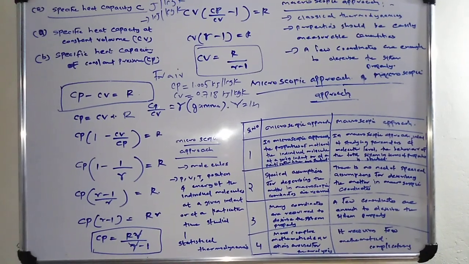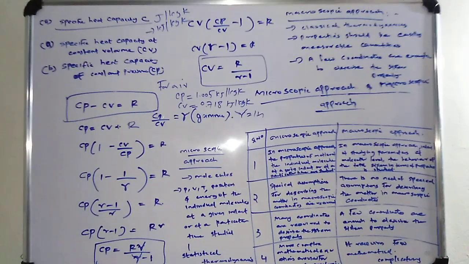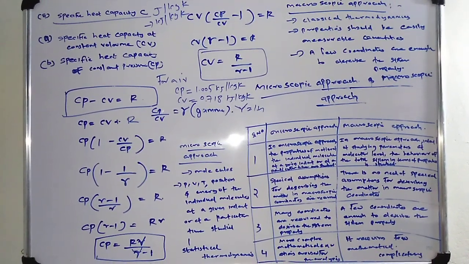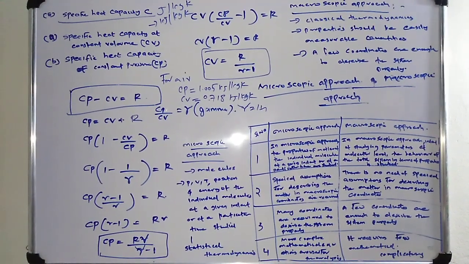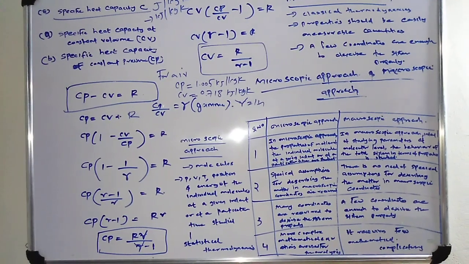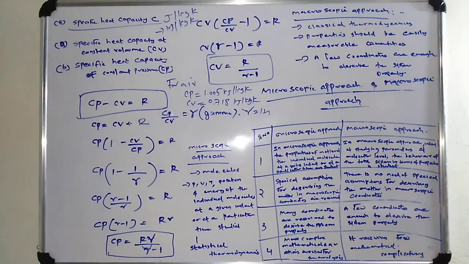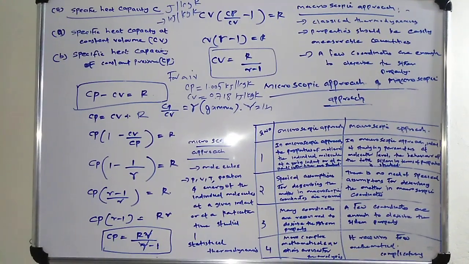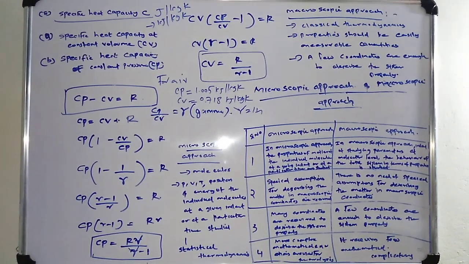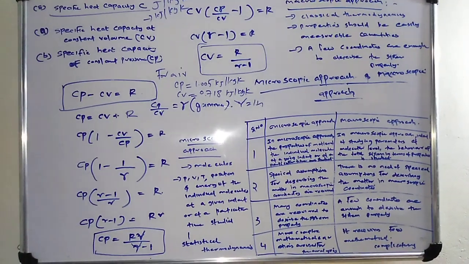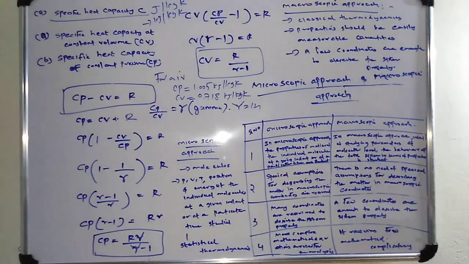For example, consider a system containing the mixture of air and petrol vapor in a cylinder of an IC engine. The properties such as pressure, temperature and volume are measured for each position of the piston in the cylinder. The state or condition of the system, that is the mixture of air and petrol vapor, can be determined by means of the above mentioned properties. Next point, the properties should be easily measurable quantities. Next point, a few coordinates are enough to describe the system properly.